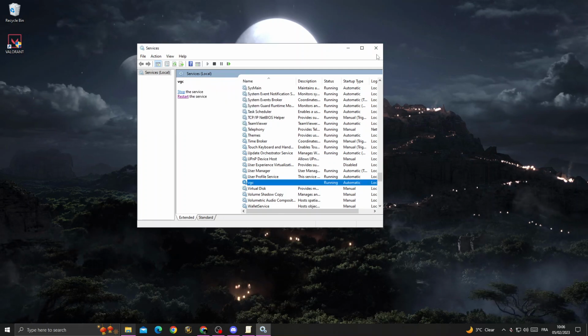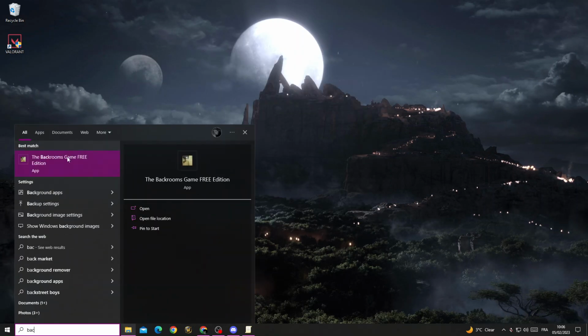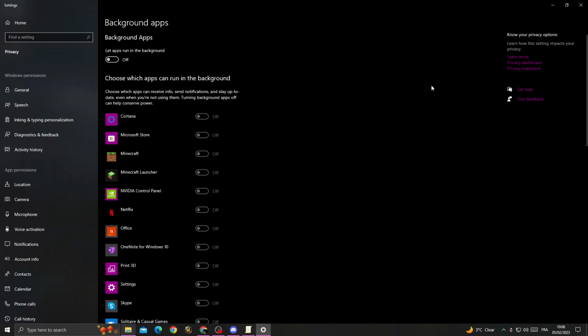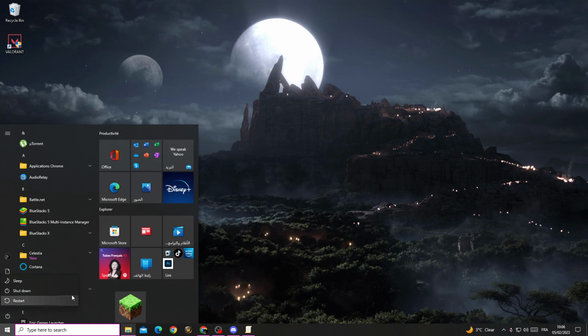and after that just type here background apps. Now close all the background apps that you will find here, or you can just turn off the first option and you can turn off all those applications, and then restart your PC and you will find that your problem